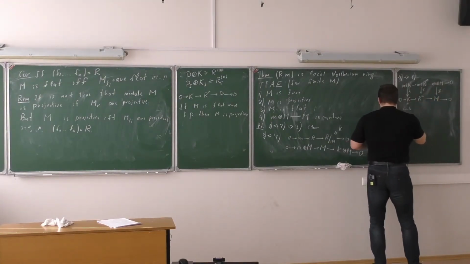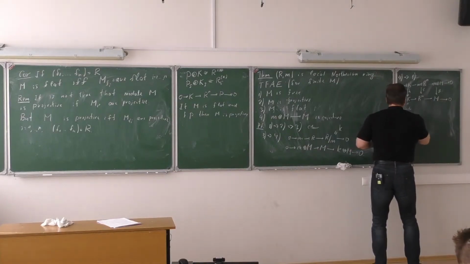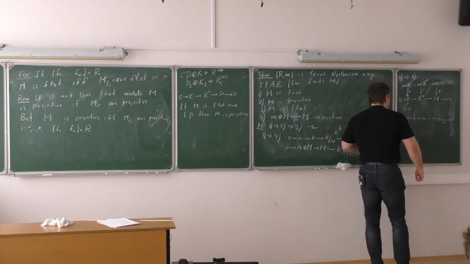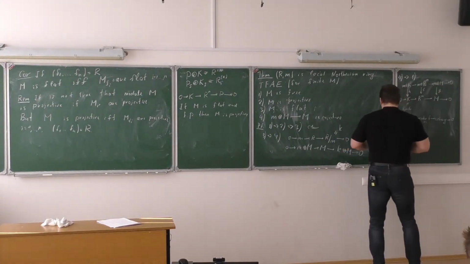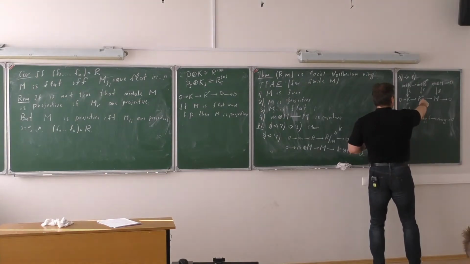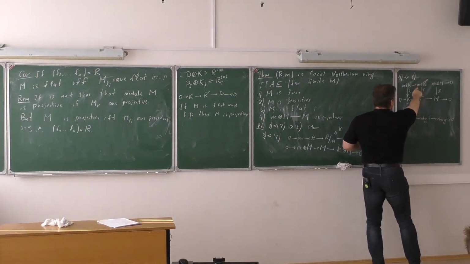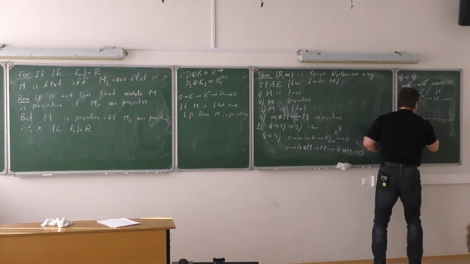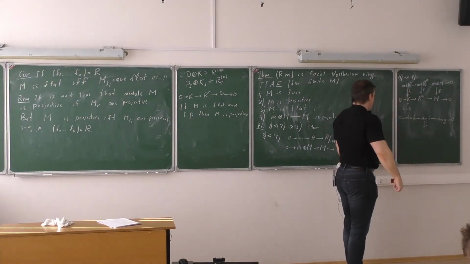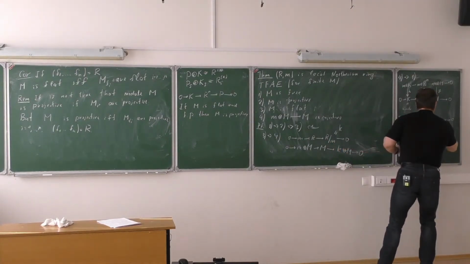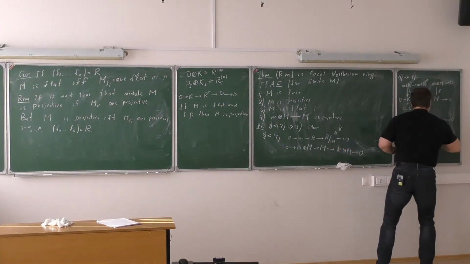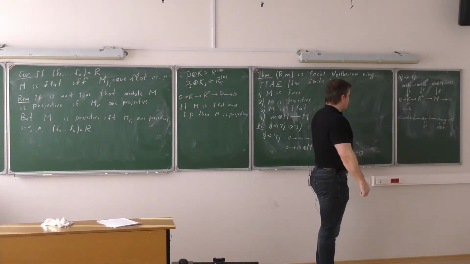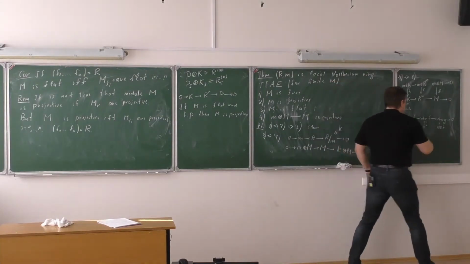Then by the snake lemma, I have 0, the cokernel of H, the cokernel of G. So what's the cokernel of the map F in the middle? This is the quotient of the free module by the embedding of copies of the maximal ideal in the free module. So this is isomorphic to A to the N. Now the cokernel of G is precisely the tensor product of M and K.